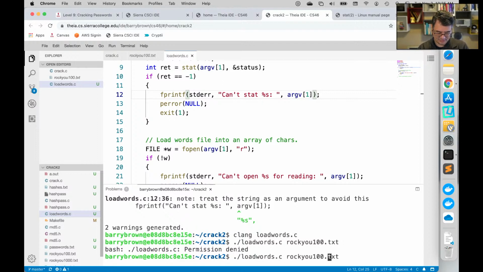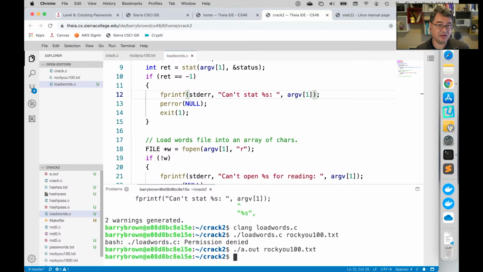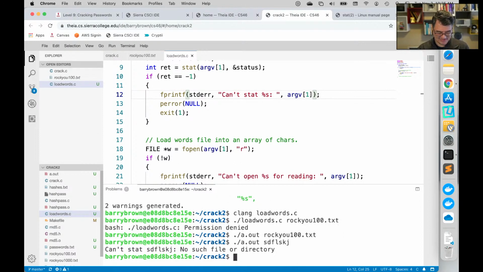Oh, yeah, that is not going to work. There we go. All right, it didn't crash. That's good. Let's put in a file that doesn't exist, like this one. And then we get this error, can't stat, and then my gobbledygook file name, and then no such file or directory.